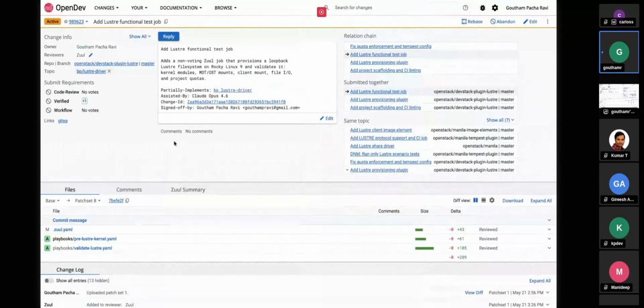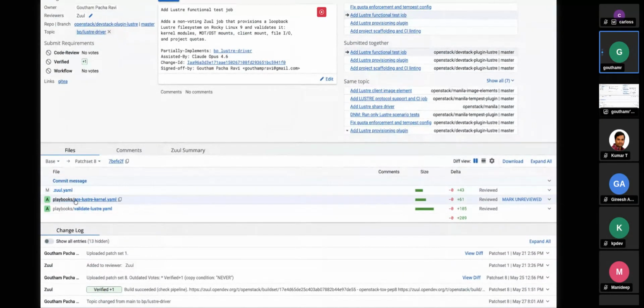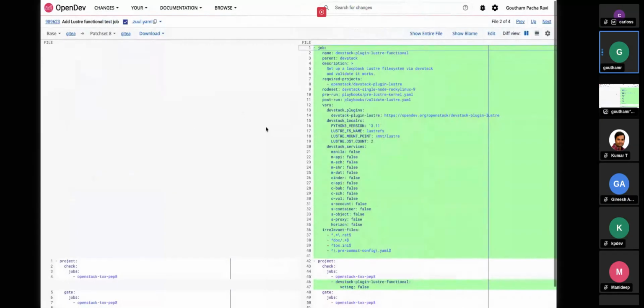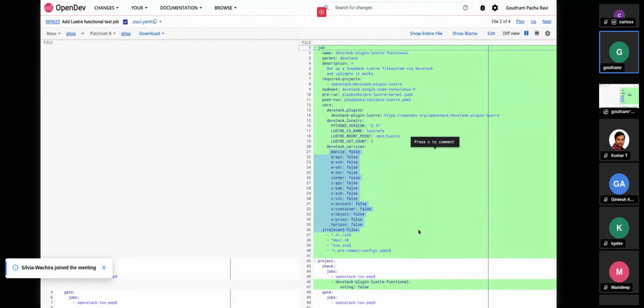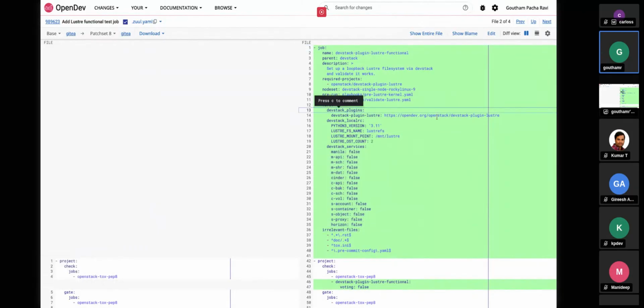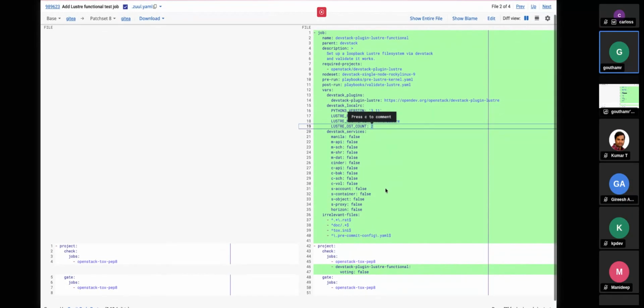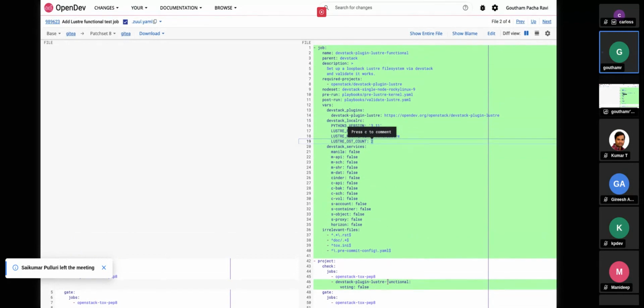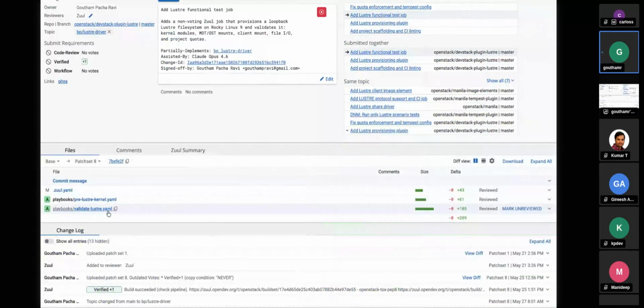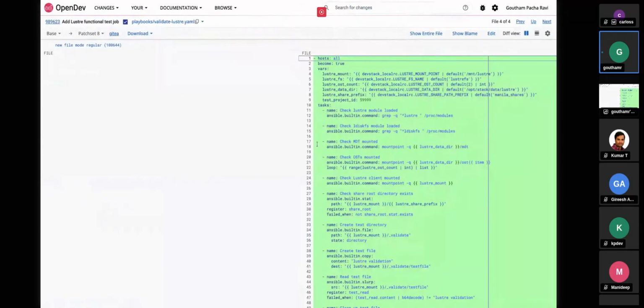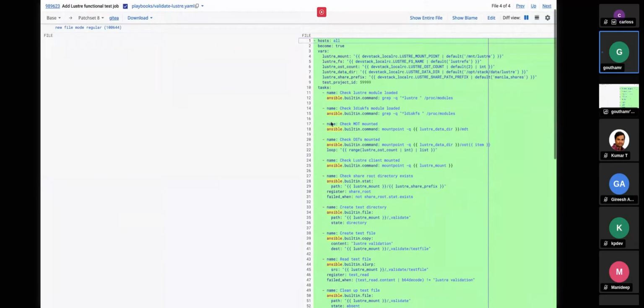And it also was necessary to set up a job that installs Lustre itself. So what I do is I turn off everything in DevStack and just enable Lustre, and it creates a Lustre file system with two OSTs, and it runs the job to just install stuff. But that's not fun. I think after you finish installing, you want to make sure there is some testing that's going on. So we end up